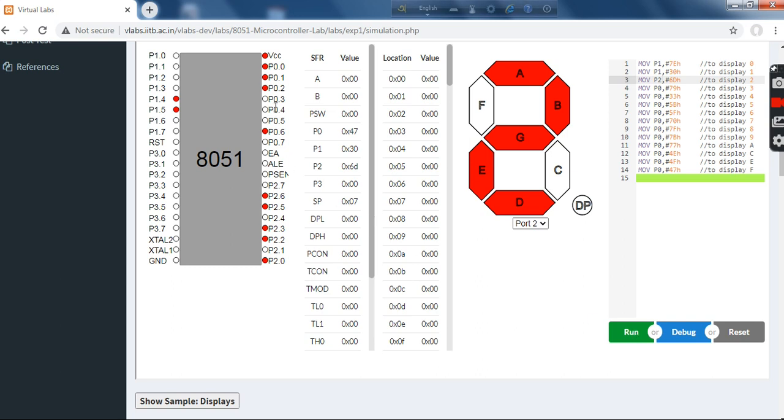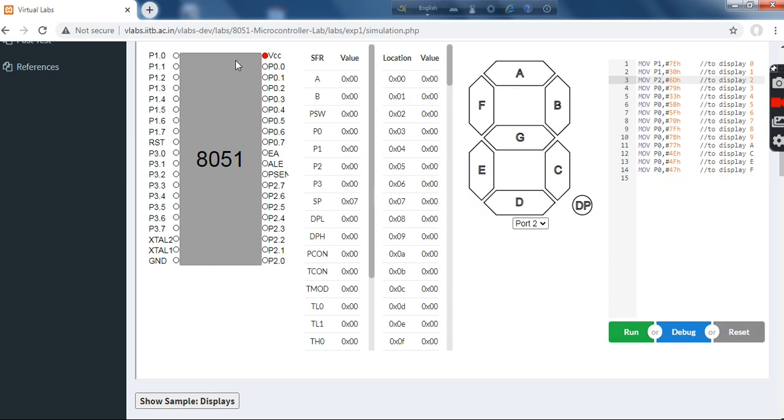After run, we can see some of the bits of port 0 are glowing, as the program includes some of the bits of port 0, and some of the bits of port 2 are glowing along with some bits of port 1, as the first two bits of port 1 are unchanged. So in this way, students can change bit by bit and see what results they can find.